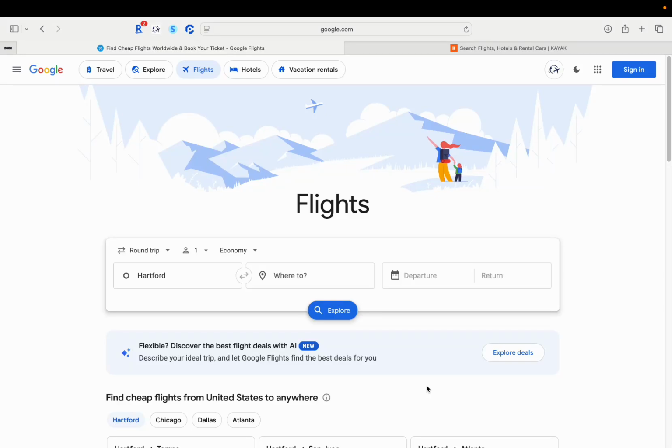Share with you how I search for cheap flights. I get asked this question probably the most out of anything, and it's really easy. I use Google Flights, that's my preferred search engine. So what you can do is just Google Flights, and it will bring this up,